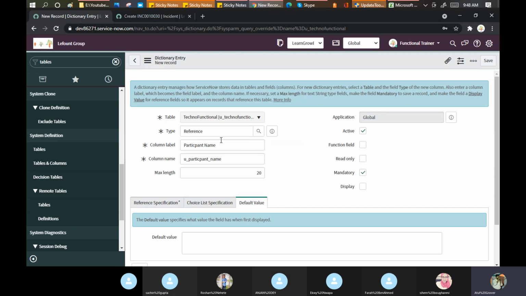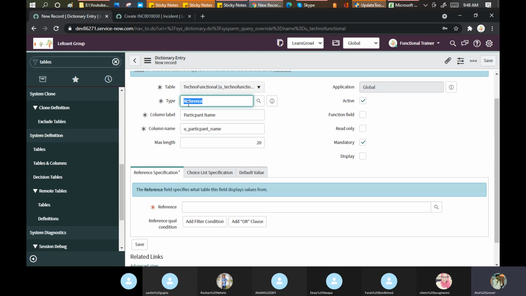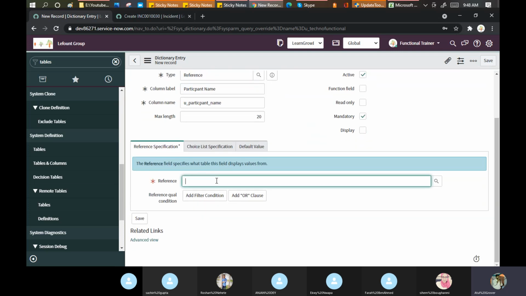Now when I'm creating a column here, participant name, and I put the reference type as a reference, see, this box comes automatically. It's saying to which particular table you want to refer. Sachin Gupta, daughter of, wife of, husband of, son of. Which table you want to refer? I say I want to refer to son of. So I put the reference here.